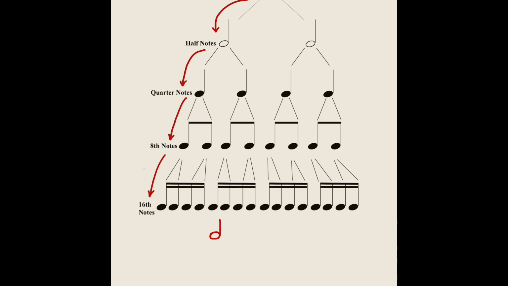A half note is equal to a quarter note plus a quarter note. What we cannot say will always be true is that this half note will be worth 2 beats and this quarter note will be worth 1 beat plus 1 beat. Okay, a lot of people have thought this is true, been taught it was true. It's not, though. The only thing that is true is that a half note is equal to a quarter note